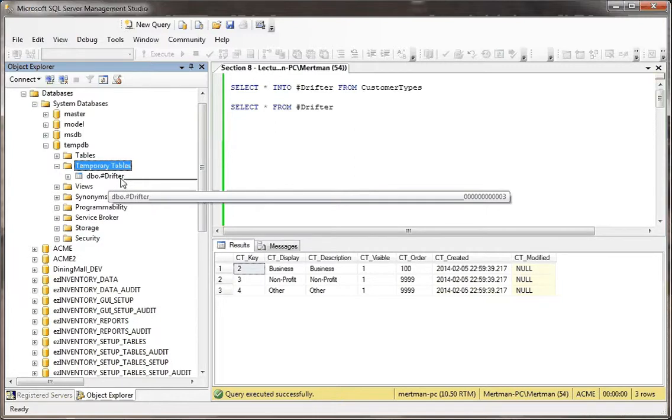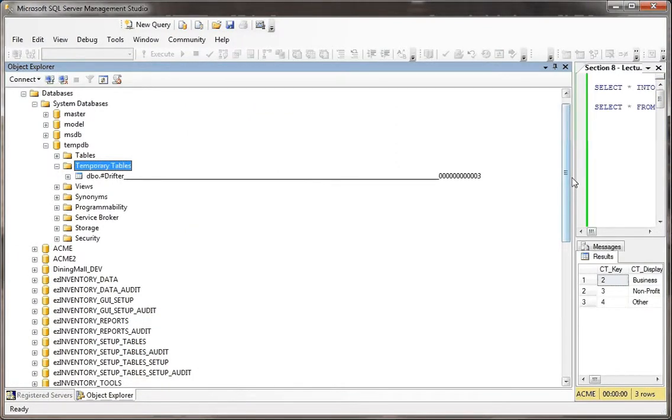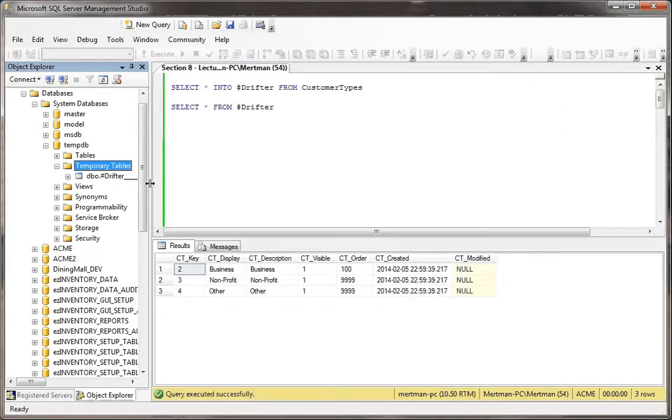Now if you notice in the tooltip, it has this enormous name, and we won't spend a lot of time on that, but that's just basically how SQL Server keeps track of it, because 10 different people can be in different databases and all create a temp table named drifter, which would all go into this directory, so it has to keep them separate. All you have to know is that's what the name is. You don't really care about the long, silly, Latin name that it gives it that looks more like a network diagram. But now, here's the thing, this table is alive right now as long as this connection is open,